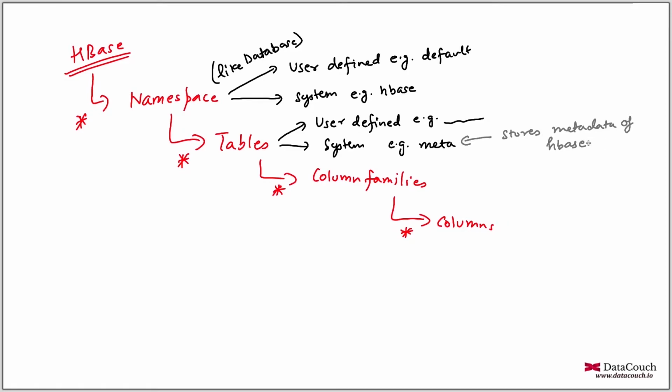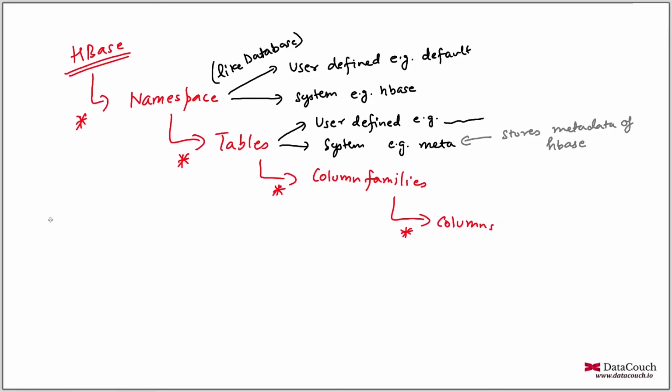So it's not like Hive. In Hive, the metadata is stored in an RDBMS, but here we don't need any RDBMS in HBase. So we can store the metadata of HBase in the HBase cluster only. You will find this table is in the HBase cluster. Now, what is the concept of column family? We are going to discuss that, and then we will also discuss the columns. Let's see this part. Now, what is column family?